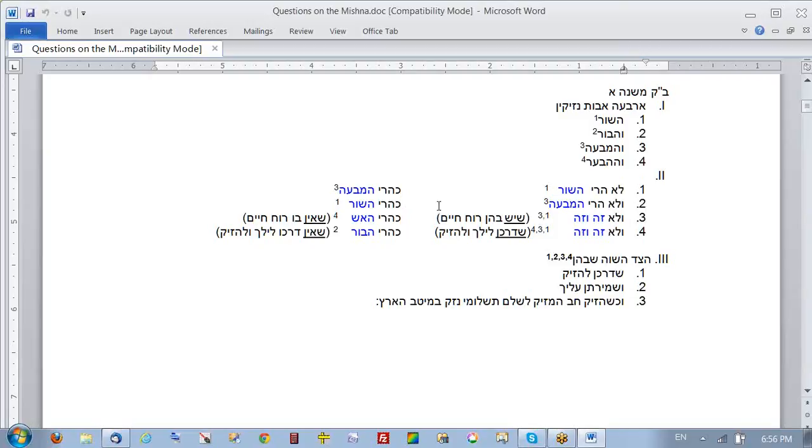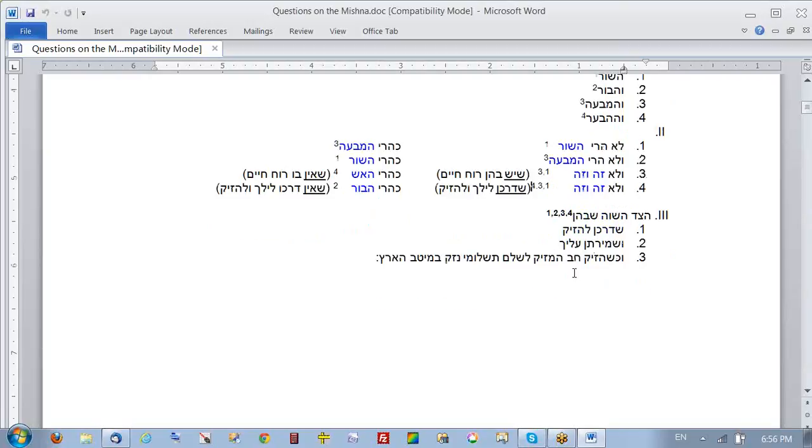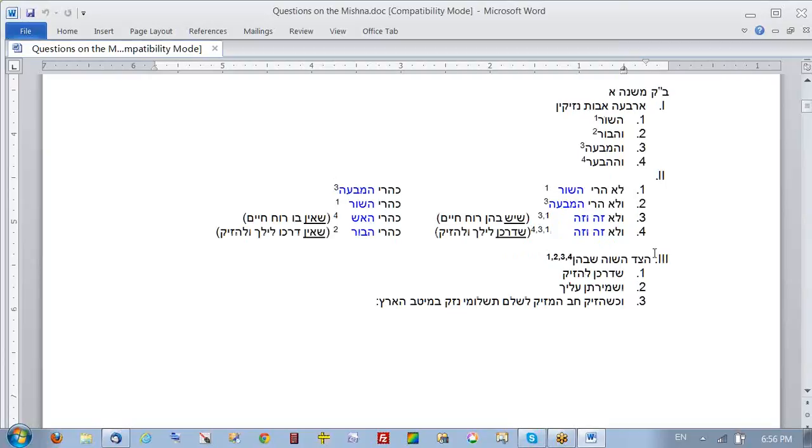Also, we notice that the factor which defines the difference between shor and mava is not stated, whereas when we start doing multiples of 2, all of a sudden the Mishnah does state the critical difference between the two. So why is that happening? That was the second phrase. Those are the problems we raised.